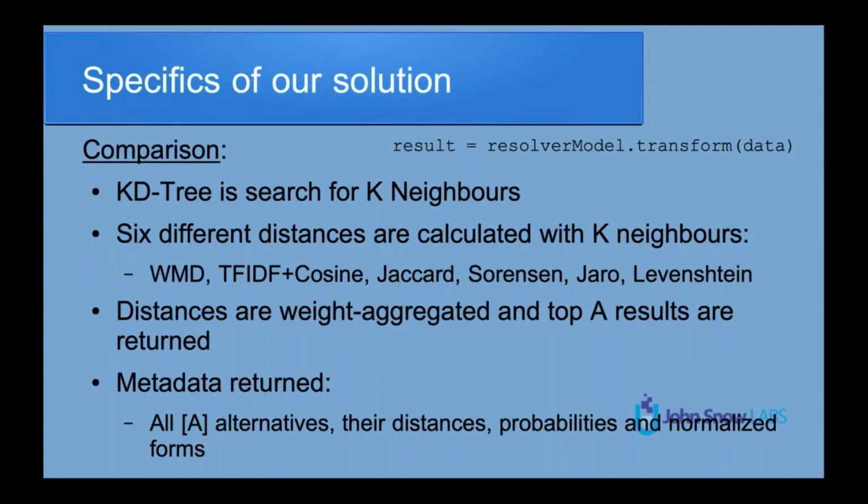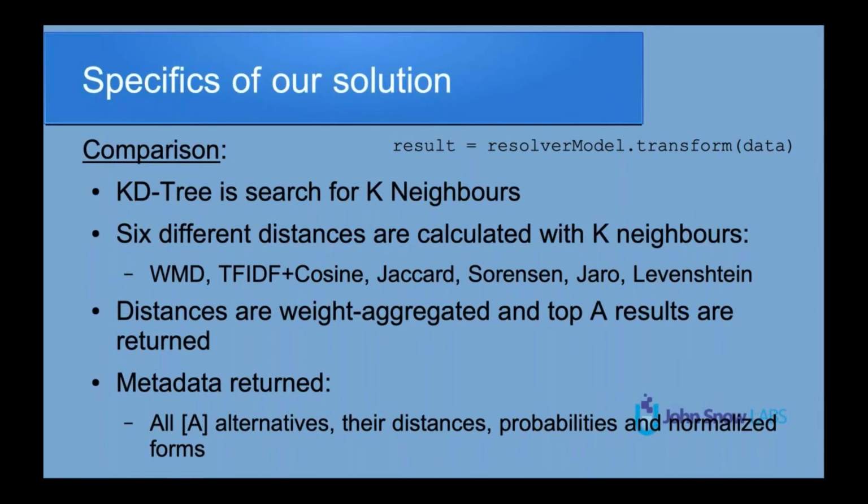So what do we do with these 6 distances? Well, we can treat them like features and feed them through either more complex classification logic downstream, or we can use a weighted aggregation of these distances. So we support the weighted aggregation out of the box. We have either max, average, or mean aggregations. And then after aggregating the distances, we also provide 2 parameters to narrow down the results